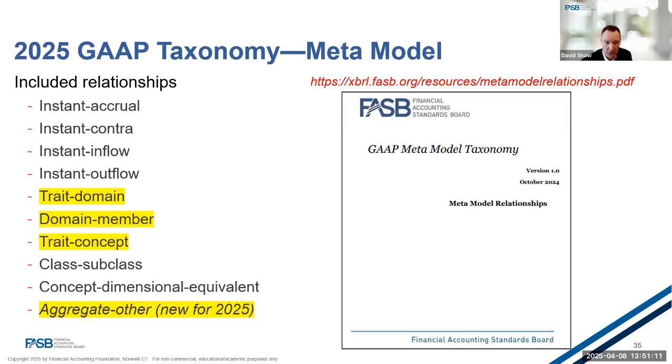So this slide lists out all of the relationships that are included in the meta model. We do not have time today to cover all of them. We will just be going through a couple of examples to cover the ones highlighted in yellow. So if you would like more information about the ones that we won't be covering today, or even the ones that we are, you can read about it in our meta model relationships guide. And I have provided a link to that guide on the right side of the screen. In addition, on May 21st, I will be co-hosting a webinar sponsored by XBRL US, where we will be covering all of the relationships included in the meta model. Next slide, please.